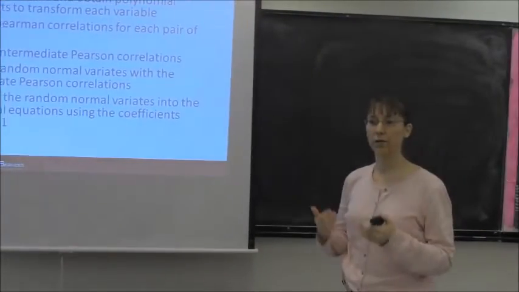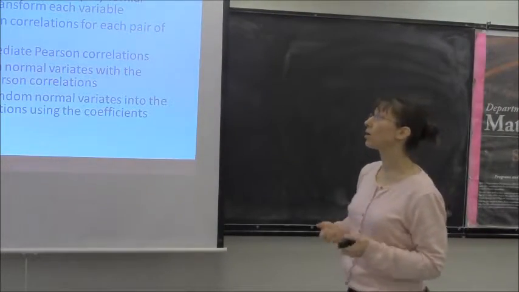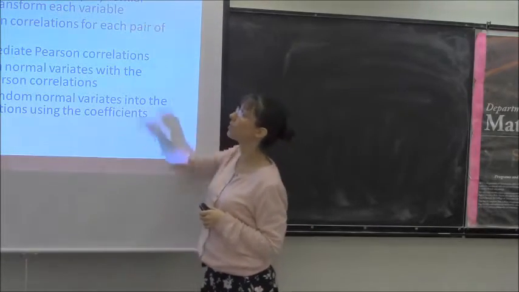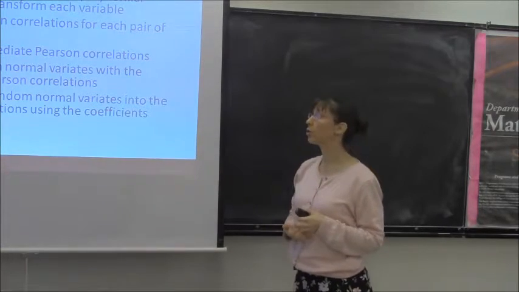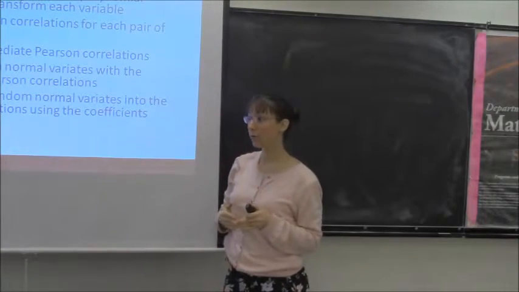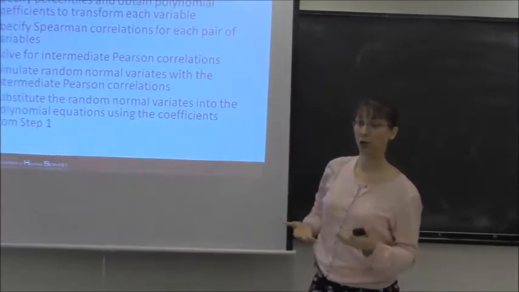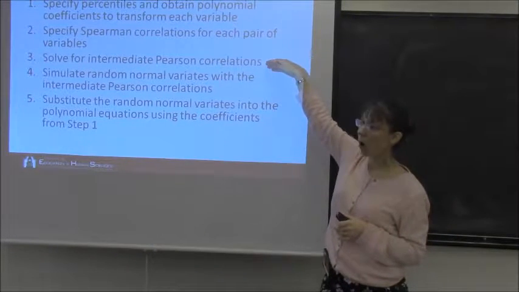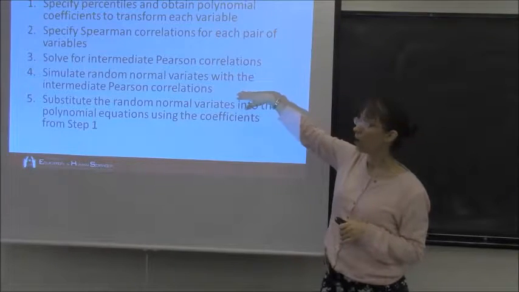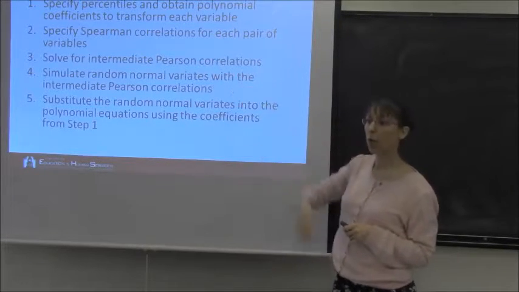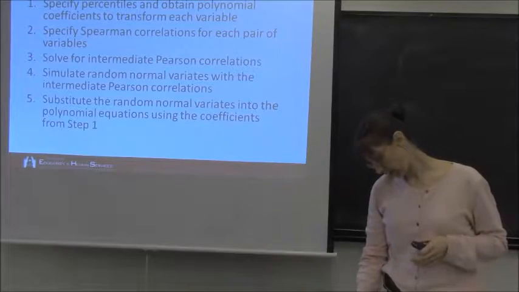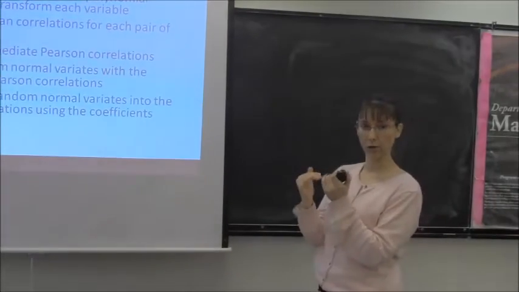So putting it all together, this is what the process looks like. We're going to start off with our percentiles, and we're going to obtain our polynomial coefficients using that closed form solution that I showed you earlier. We will then specify our Spearman correlations for each pair of variables that's going to be subjected to our transformation. We will solve for intermediate correlations. The intermediate correlations are still going to be Pearson correlations. We will then simulate random normal variables with the intermediate correlations, and we'll actually use a Cholesky factorization of that